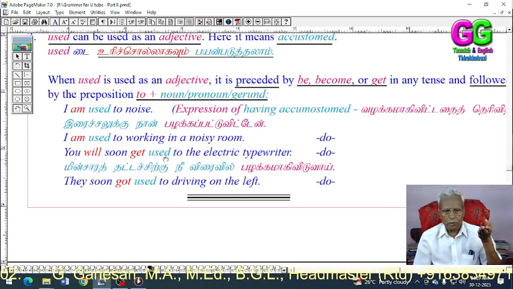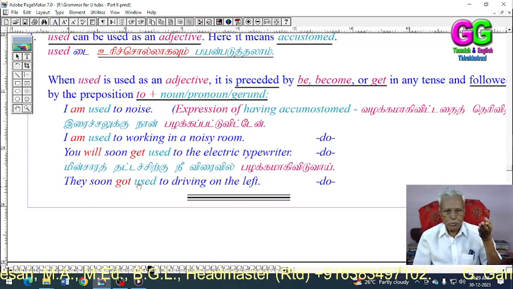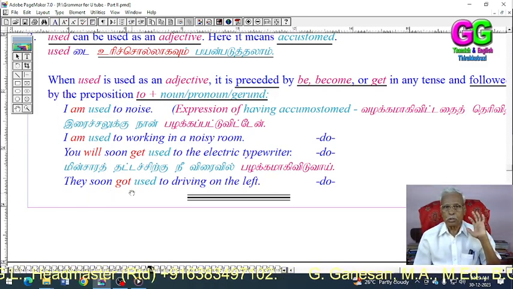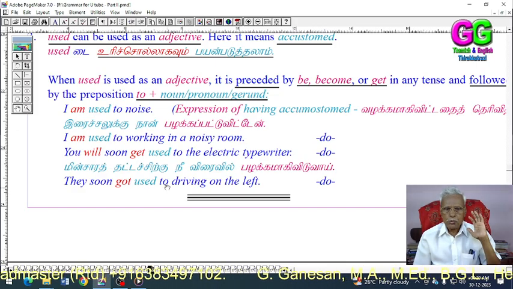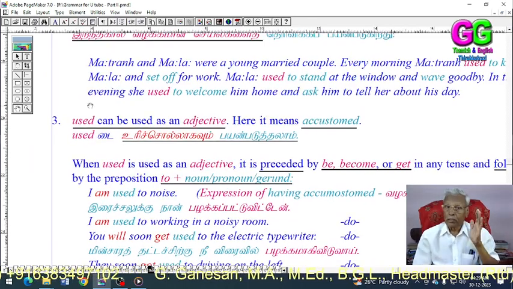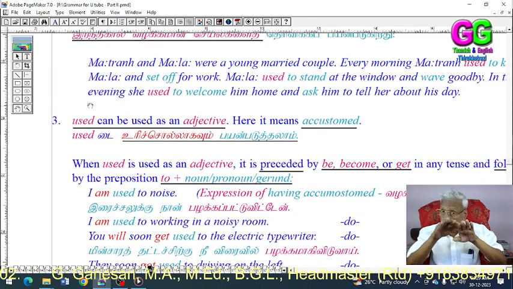You will soon get used to the electric typewriter. They soon got used to driving on the road. Okay, dear students, used would be used